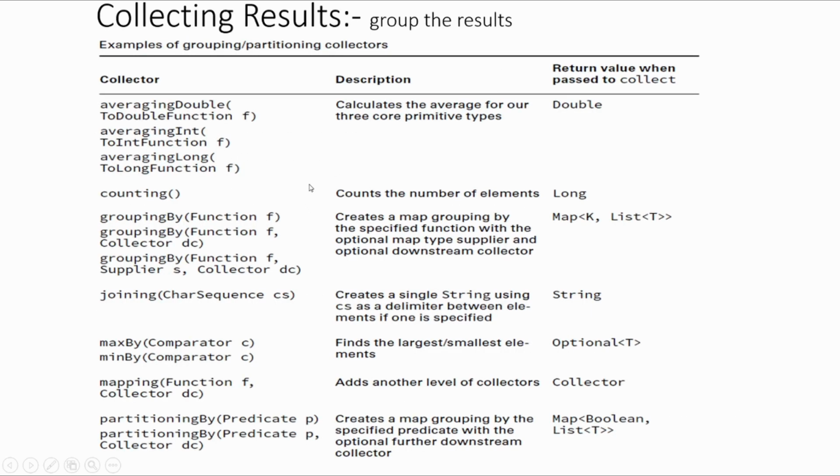For that, I would like to mention only 3 methods. These methods are in the Collectors class. These are averaging double, int, and long. They calculate the average of our 3 core primitive types and return double. Counting counts the number of elements, same thing as count, and it returns long. Joining creates a single string value using the char sequence, and it could be a String or StringBuilder, as you know that both implement the CharSequence interface. It's used as a joiner between the elements. To explain this,